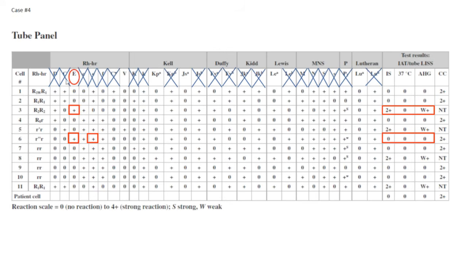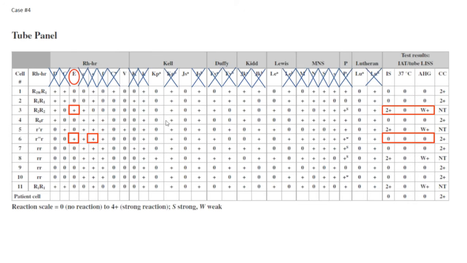Really, the E we can't because, as we talked about at the beginning, in the first case, we were looking at homozygous versus heterozygous expression. And so here, we can't rule out the big E on cell number 3 because it's a positive reaction. And we can't rule it out on cell number 6 because it's a heterozygous expression with the little e. So we can't quite rule out the big E, but